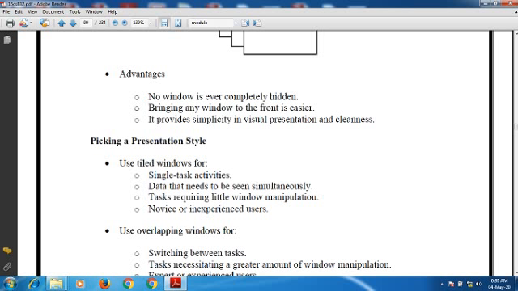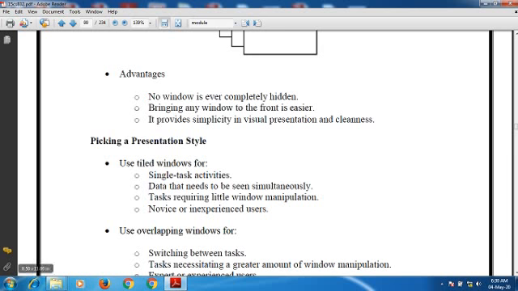We use tiled windows whenever we are performing single-task activities, when data needs to be seen simultaneously, when certain tasks require little window manipulation, or when we have inexperienced users.